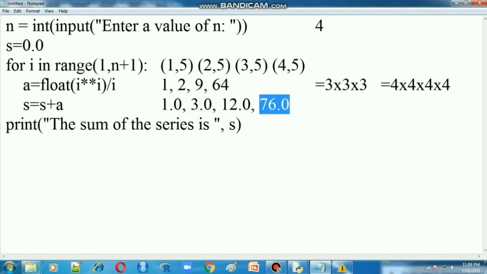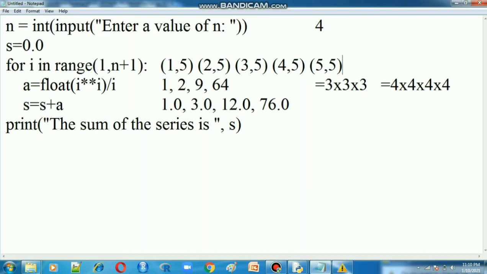The range value will be incremented. 5 comma 5. So now the start value is 5 and the end value is also 5, so both values are the same. That's why here itself our condition will be stopped. Why? Because the stop value is 5 and the start value is also 5 only. That's why it will stop here itself. Automatically stops. Finally, what value will be printed from the print function?